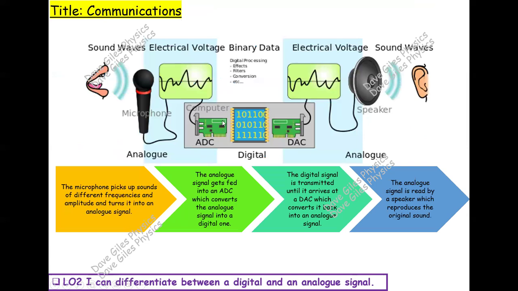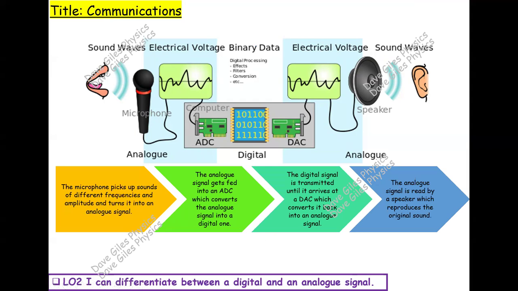So an example here of converting a signal. You've got an analog signal here. This is somebody singing into a microphone, which picks up the sound of different frequencies and amplitudes and turns it into an analog signal. You've got an ADC, which is analog to digital converter, and DAC is digital to analog converter. The analog signal gets fed into an analog to digital converter, which converts the analog signal into